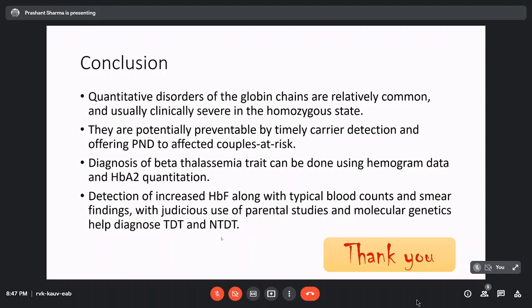The commonest compound heterozygous state in India, which is clinically very relevant, is HbE beta thalassemia. One allele has HbE, which is codon 26, and the other has any of these beta naught mutations. Those patients are symptomatic because the alpha beta globin ratio is not maintained. The E chain can bind alpha, but it's still only half. The other, thalassemic allele produces nothing. So there is an excess of alpha chains, which is why those patients will be symptomatic with thal intermedia.